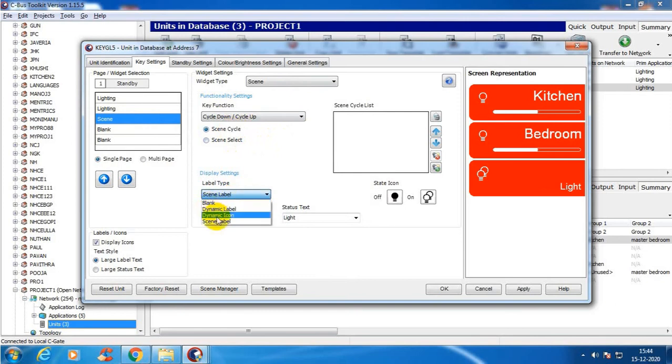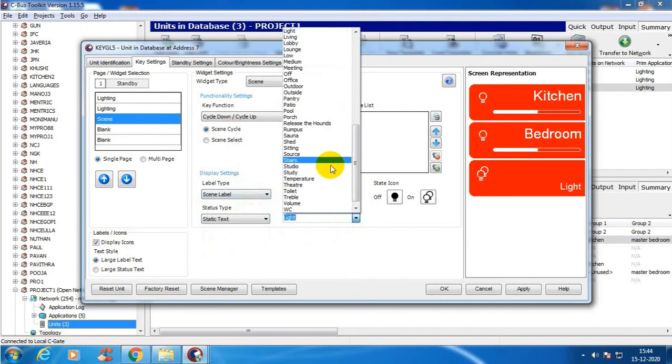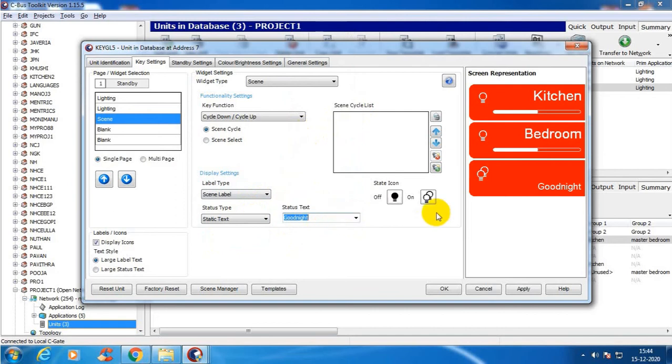Not a blank one, you create a scene label. Static text you create. For light, instead of that, you can choose, suppose, good night. Okay, good night, you can choose that. And here the status, on means fully white and off is fully black.